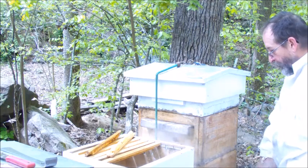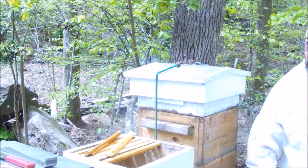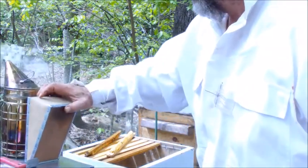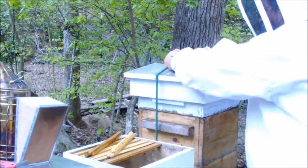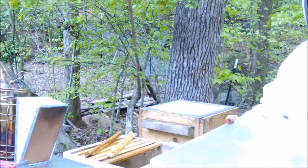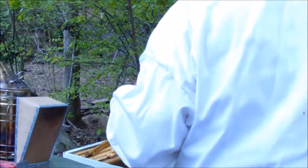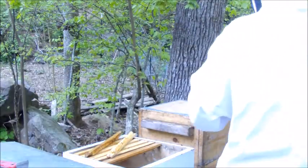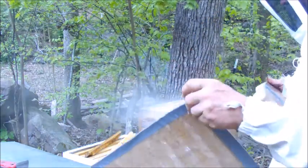Honeybees shine out from the colony. The last 2 times I was in this hive, I noticed that the brood nest didn't seem to be growing. They had the first 5 combs with a good, strong, healthy brood in it, but they grew no further. And there's a box above them that had old comb in it that they still haven't moved up into. So I'm going to go in here, try to determine what's going on, and if they're blocked by nectar and